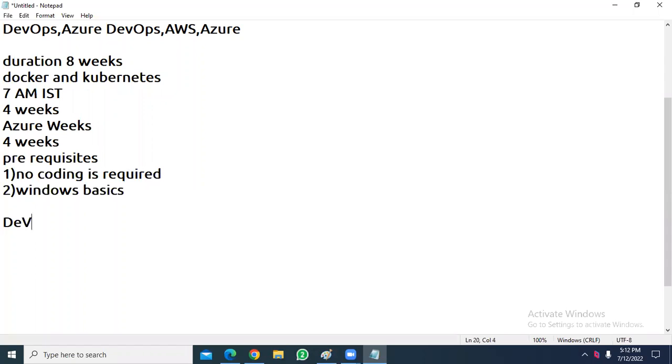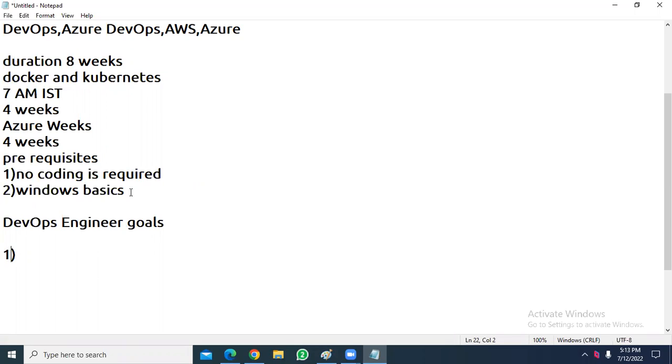DevOps is actually not a single tool like C, C++, Java, or .NET. It is a collection of multiple tools. DevOps is a set of principles. According to DevOps principles, the person working as a DevOps engineer has to fulfill certain goals or responsibilities.